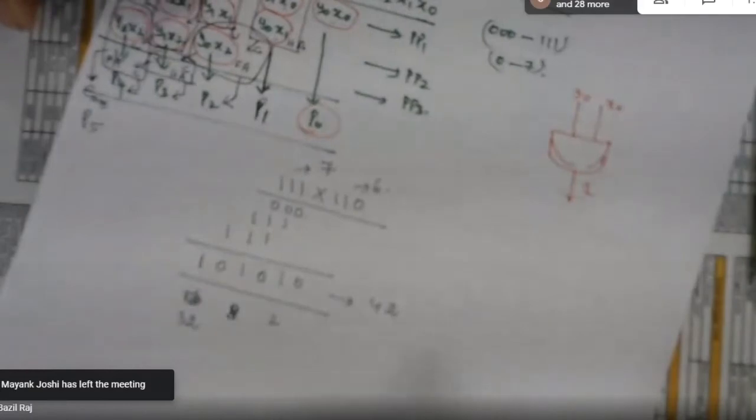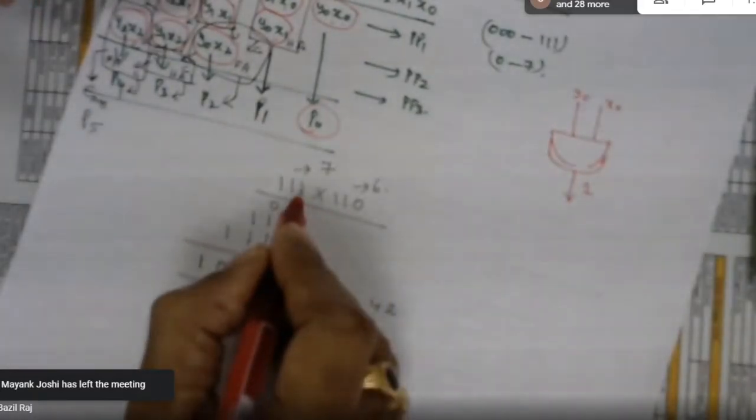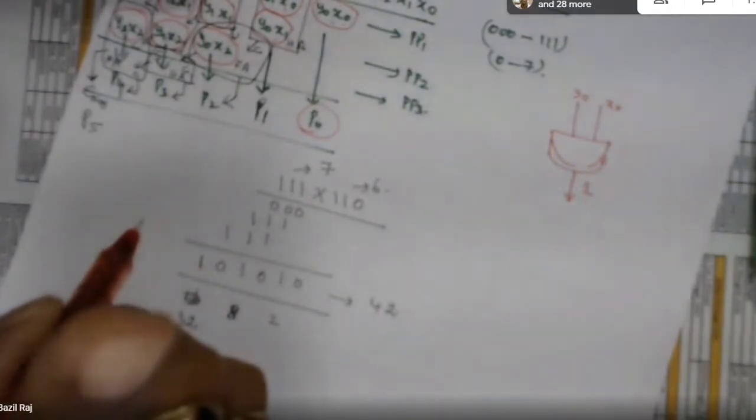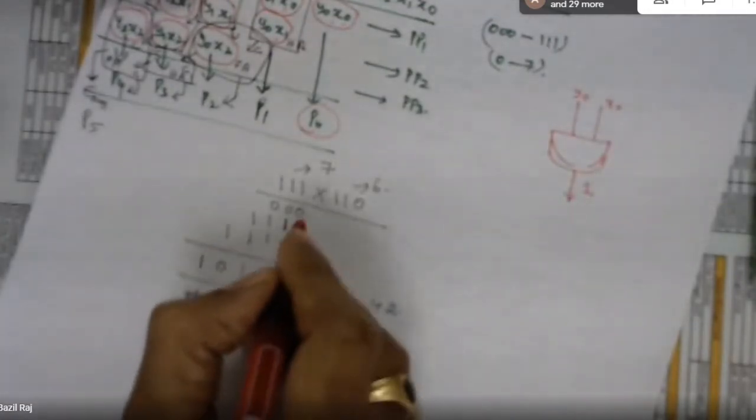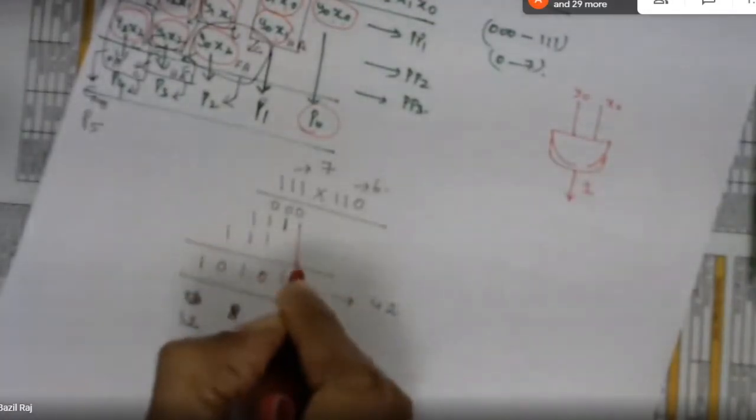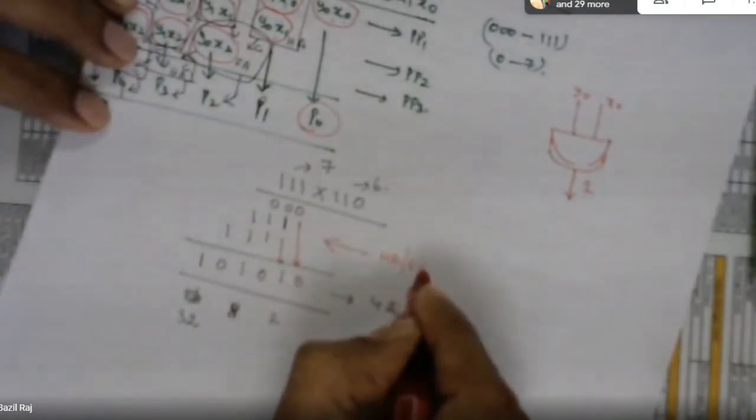How did we get the result? This 1 into 1 we have done. 0 into 1 means 0, and the 0 and 1 go into one AND gate. Correct. Then 1 into 1 means both 1s go into one AND gate, therefore we got 1 here. Finally, this result is directly taken here. These two are added by one half adder and the result is taken here. Then this is again added. So all these sections are done by half adders or full adders.